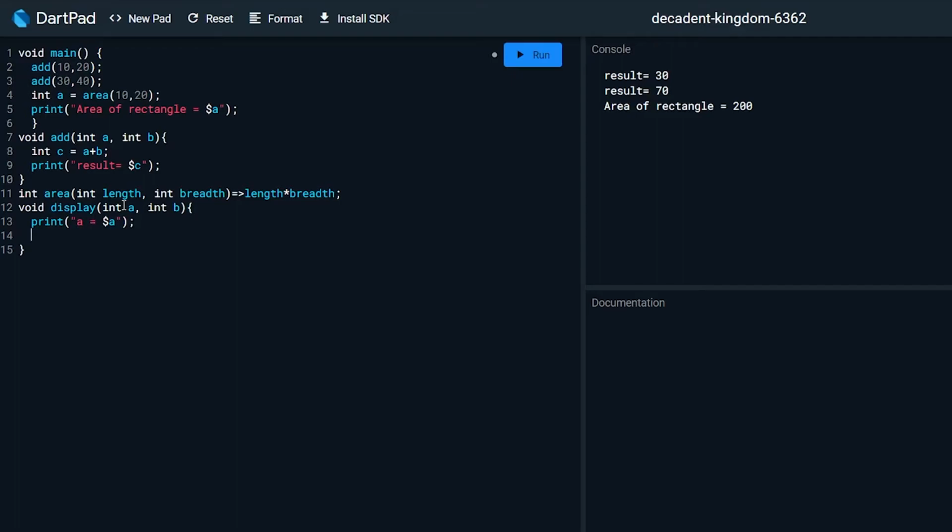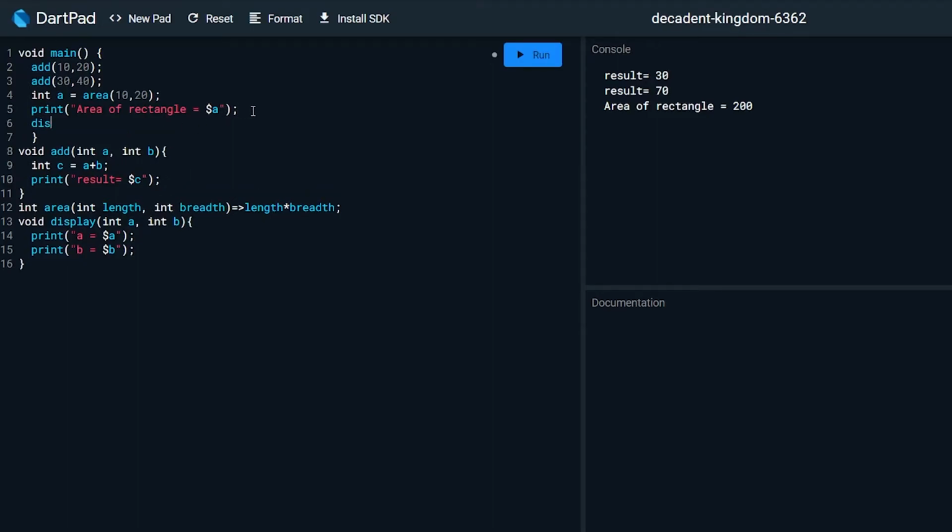Then print b. So when we call this function here, display 10, 20, what this function does is just simply prints a equal to 10 and b equal to 20, right here.